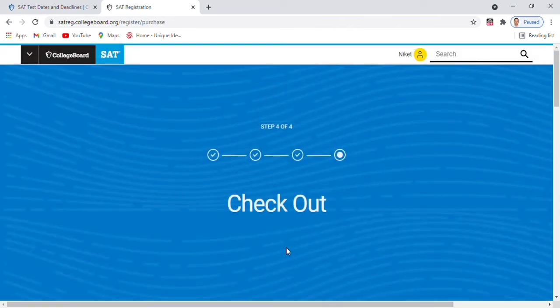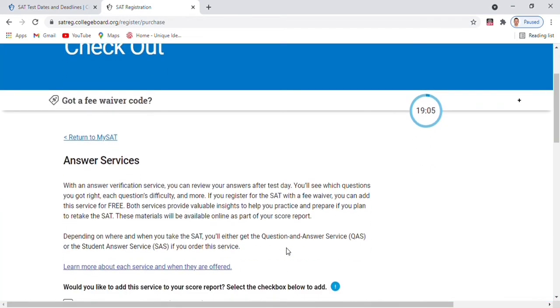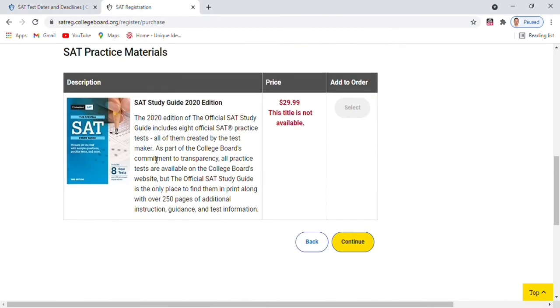Just click on checkout. We have to check that all the details we filled in are correct or not. Before that, we have to choose whether you want the answer service or not. If you want it, you just click on yes, but an extra $16 is added to your amount. I did not want the answer service, so I did not click yes.